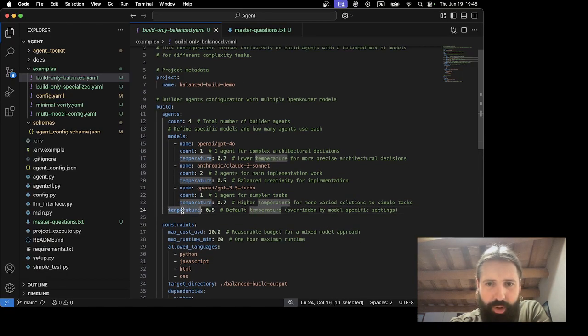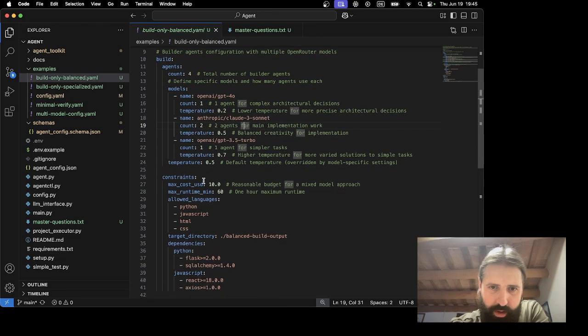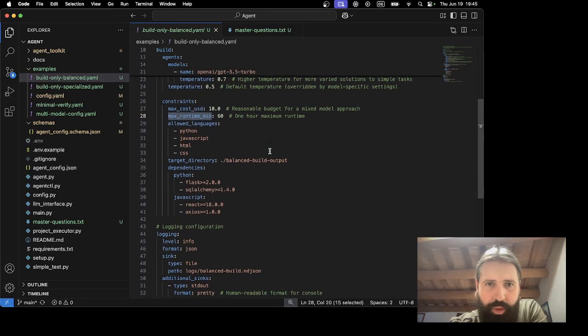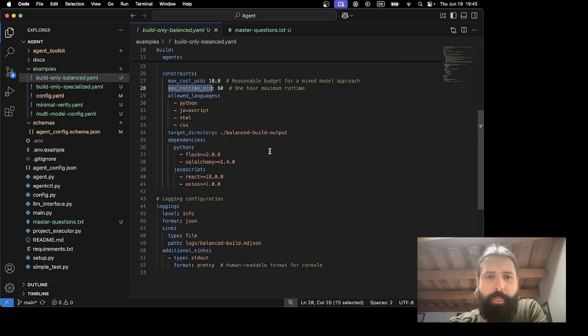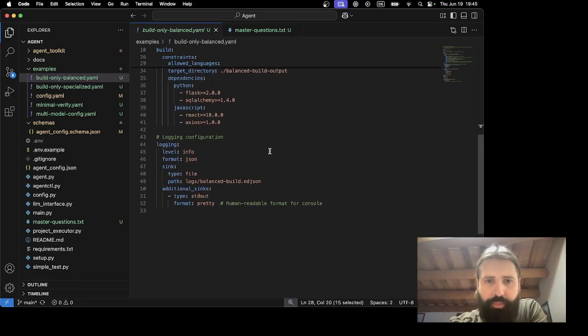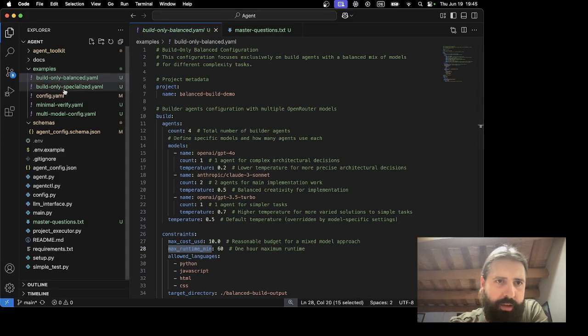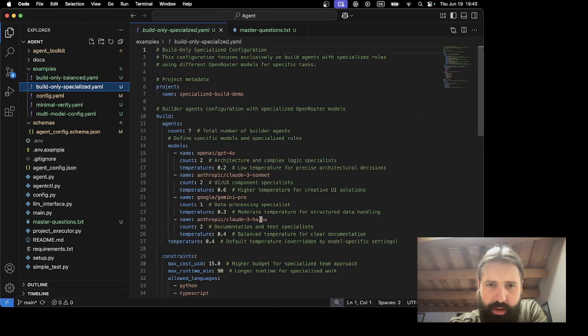Why do we have a general default temperature? Okay, so it's overridden by model specific settings. Constraints. $10, 60 minutes. So that's one. Balanced, specialized.